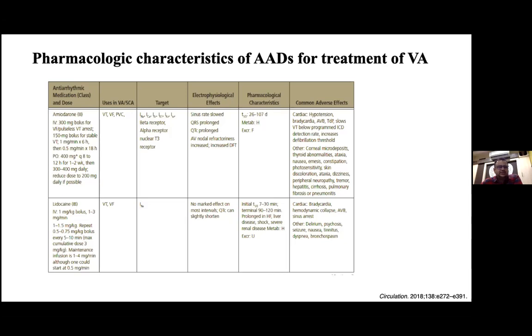Then the second agent, that is the lidocaine, which is commonly used in VT, commonly available with the name of Xylocard, can be given directly IV. A bolus can be given, followed by a repeat bolus, and can be given as a maintenance dose, and it can lead to bradycardia and hemodynamic collapse, AV blocks, sinus arrest, and it has got other effects like delirium and psychosis, seizures commonly. But the beauty of the class 1B agents, especially the lignocaine and the mexiletine,